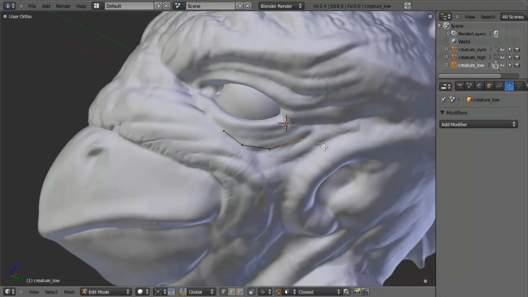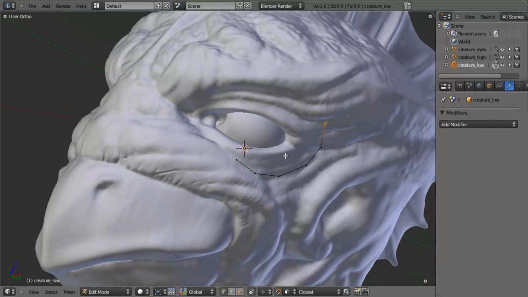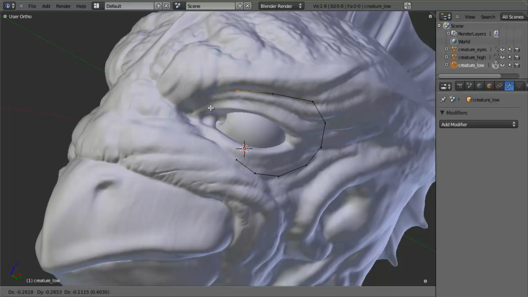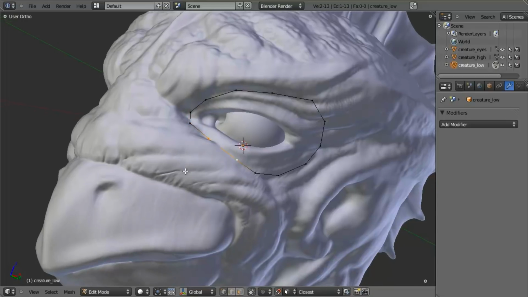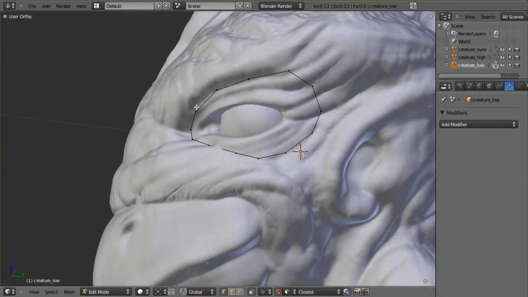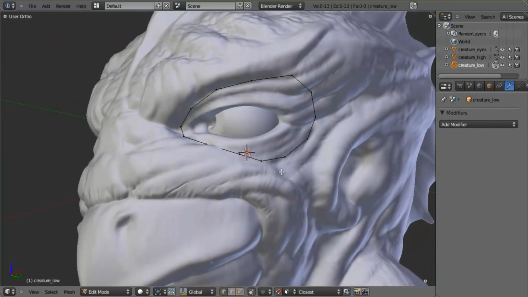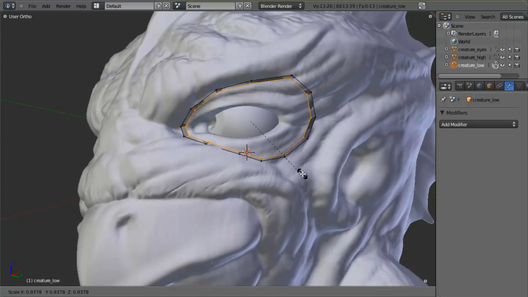So I can just extrude these all the way around, following all the main surface functions. So I'm following all the masses here, and I'll just extrude this around, come down to about there. And I can be pretty lenient on it, and it's just projected beautifully right on the surface there. Then I can go ahead and select everything, hit E to extrude, scale it in, and you'll notice that immediately